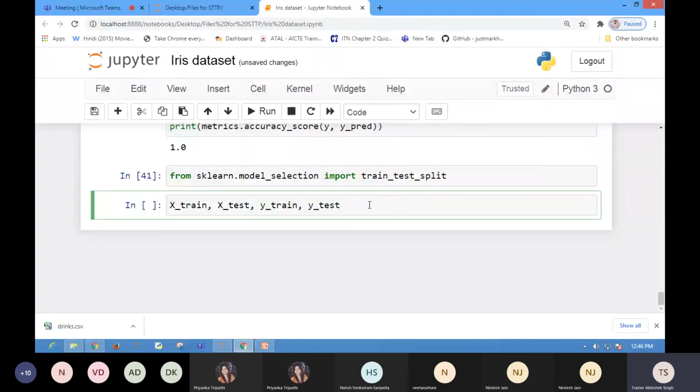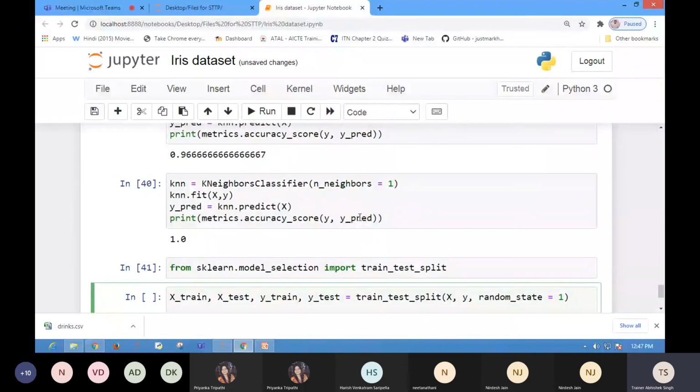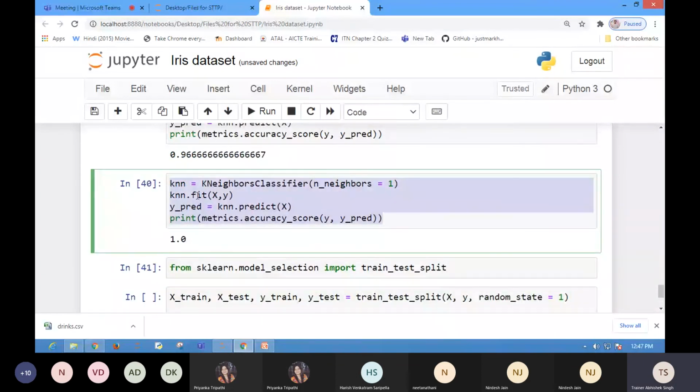Okay, x_train, y_train, x_test, y_test, and let's do train_test_split of x comma y, comma random_state equal to anything other than 0, say random_state equal to 1. And again the test size will be decided automatically. I'm not giving it anything. And let's copy paste this thing, Control C,